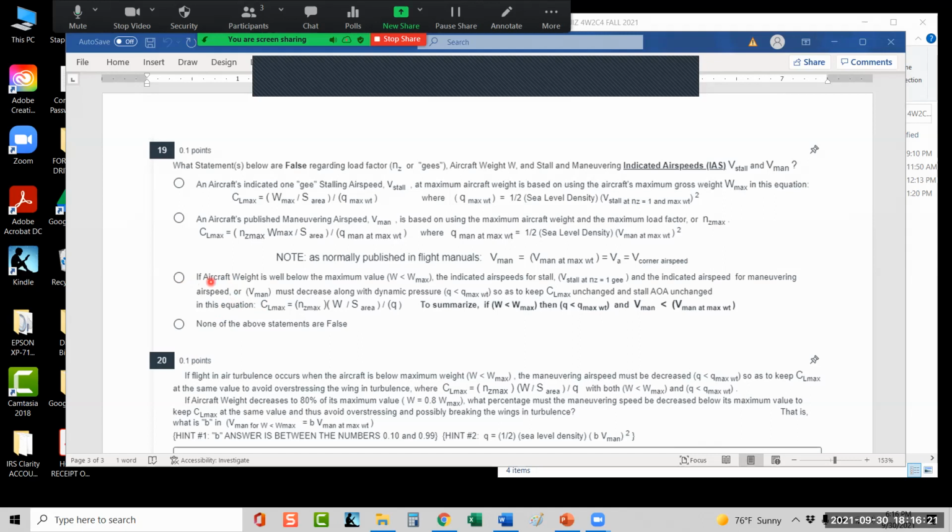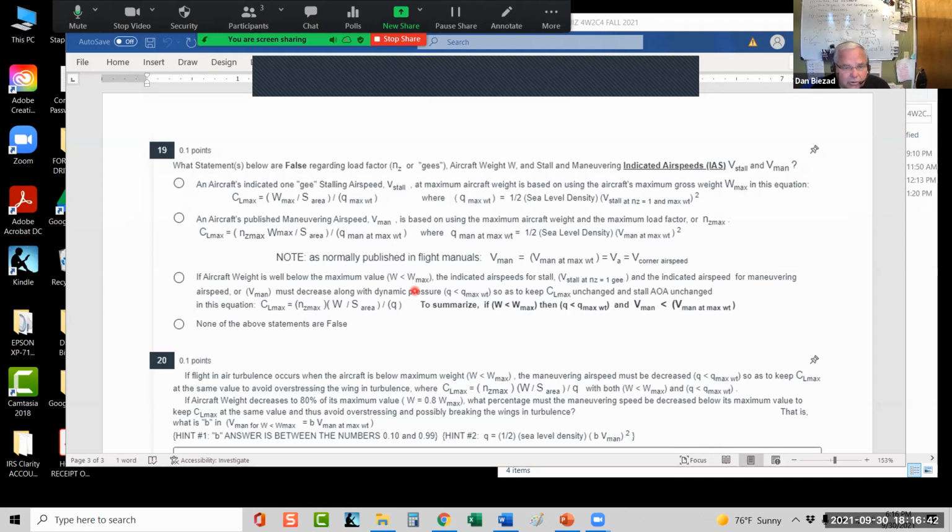Yeah. Okay. So if aircraft weight is well below the maximum, in other words, you have a max takeoff weight. You can't take off more than the max weight. And that maximum weight, I didn't cover this in class, is actually set by a tire limiting speed if you have to come back and land. You follow me? If you have to land at maximum weight, you could blow the tires on landing speed. So there's a maximum takeoff weight that's set, and if your weight is below maximum weight,